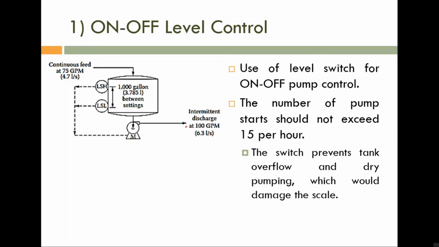Okay. So now here you can see two switches. The lower bottom one is the level switch low. It is sensing the low value of liquid level. Then here you can see LSH, that is level switch high. It is sensing the high value of liquid level. So these are switches, means they are switching this motor by using this low or high value. Either it is switching on this motor or it is switching off this pump. Okay. So please note what the operation required is.